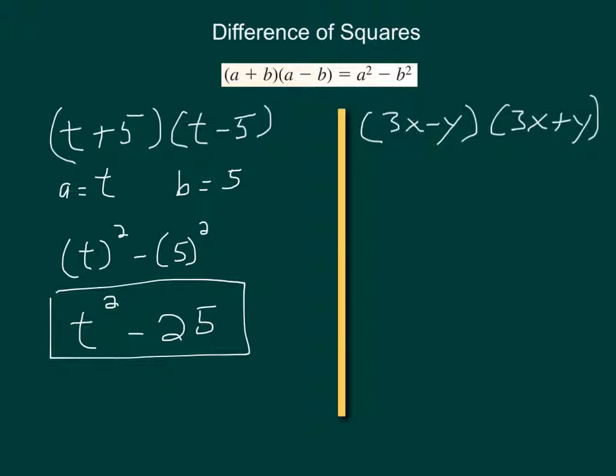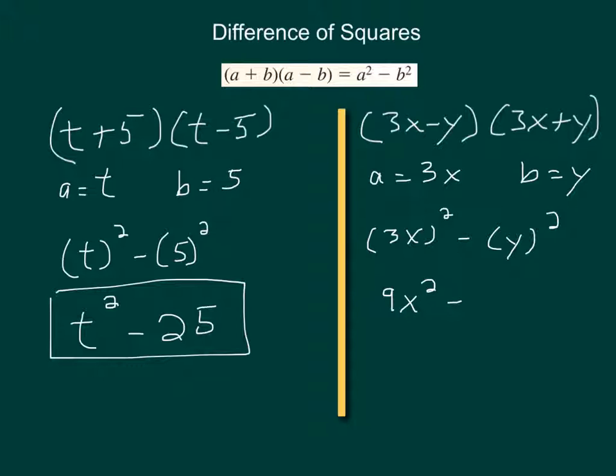In this case, you'll notice that I'm starting with my 3x minus y instead of starting with my plus y. It doesn't make a difference. Because multiplication is commutative, I can still identify my a to be 3x and my b to be y. And now I'm just going to plug in to my formula. 3x squared minus y squared. Squaring each one, 3x times itself is 9x squared, minus y to the second power